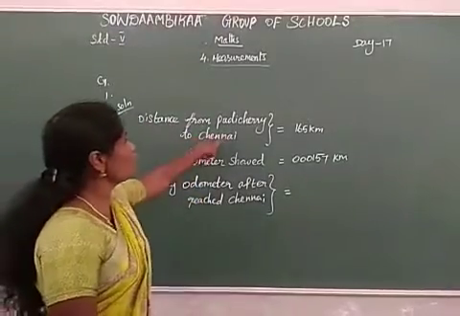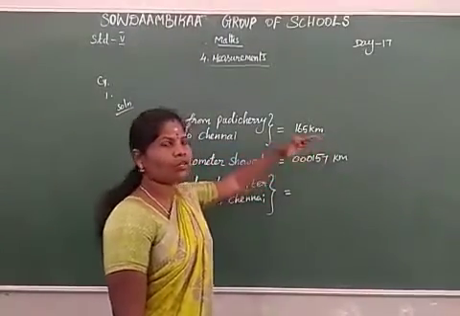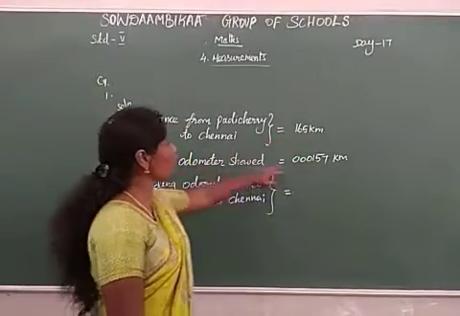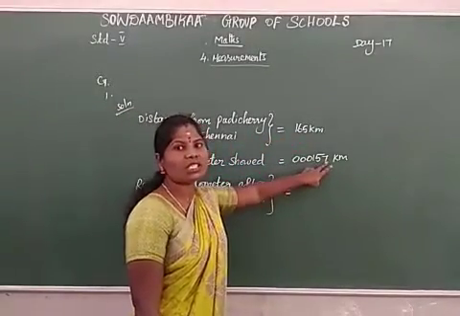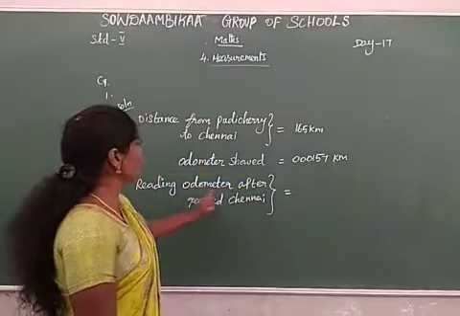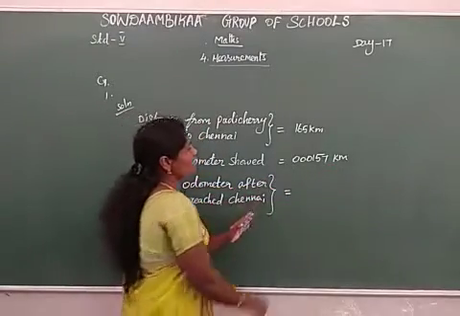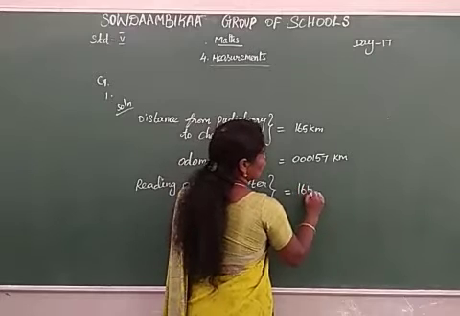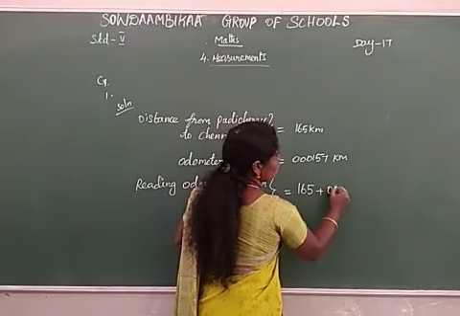Saravanan chose Puducherry to Chennai, 165 km, already given in the question. The odometer showed 00157. The 7 is missing in your 7. Okay, 7157 km. Reading odometer after reaching Chennai, 165 km plus